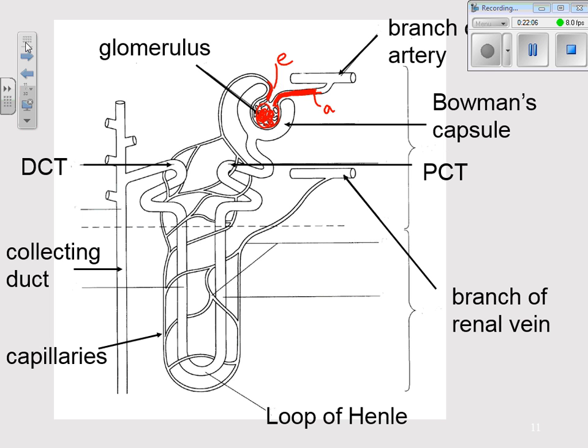So we've got the branch of the renal artery coming in. That's an arteriole by the time it gets there. You've got the afferent arteriole going into your capillary network, into the glomerulus. So that's from the top. And then your efferent one coming out. Have you got that identified all right? You happy with that? That efferent arteriole then is the one that comes out and wraps itself around the rest